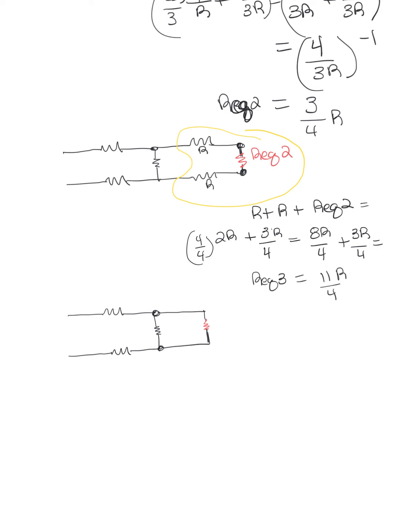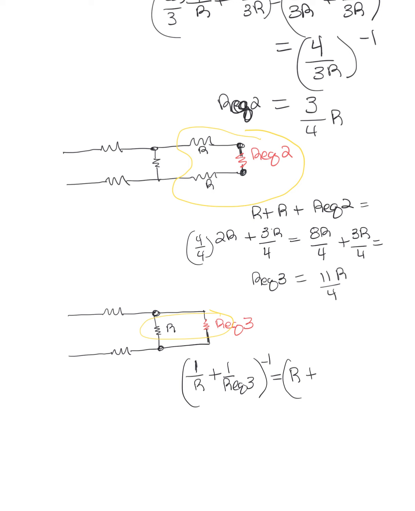Okay, so this is REQ3. So we just condensed, we took these 3 and combined them into 1, which is now going to be in parallel with this one that also still has a value of R. So now we have to take the reciprocal of the sum of the reciprocals, plus 1 over REQ3, which is going to be